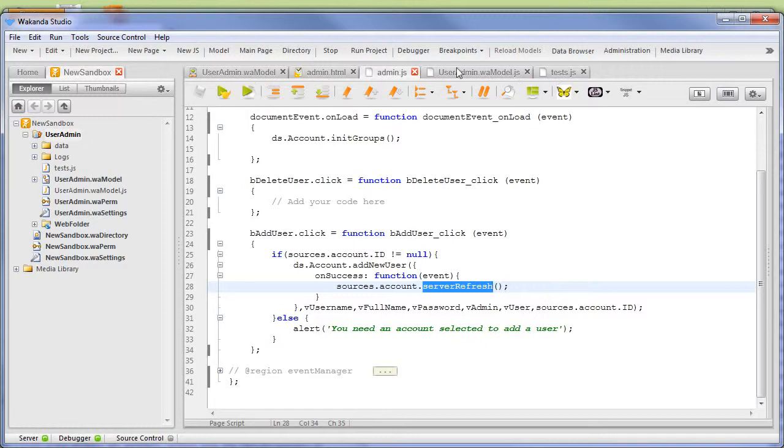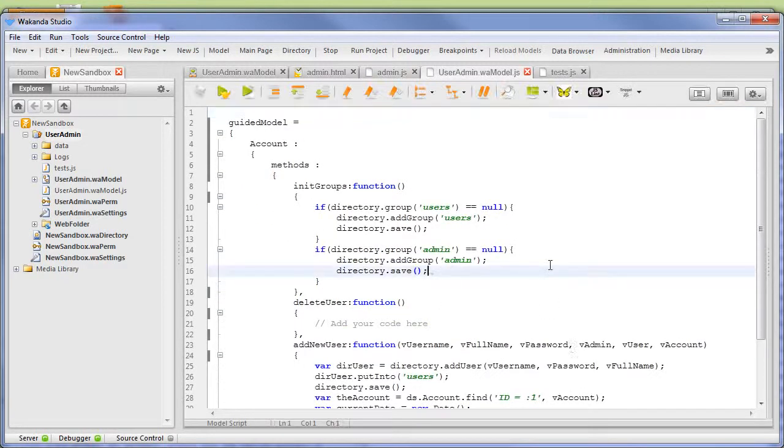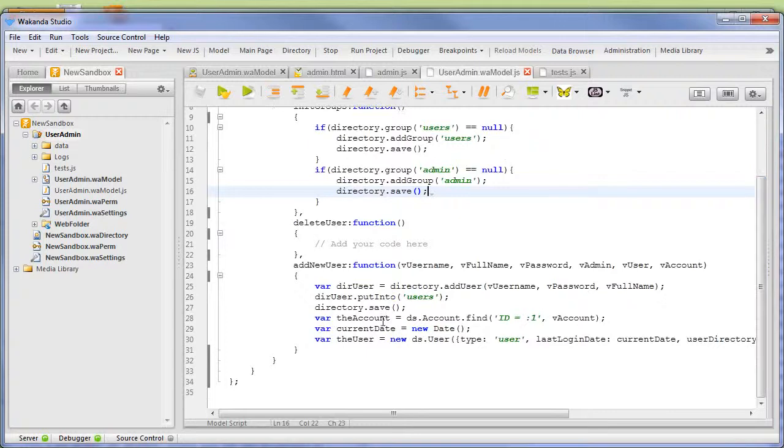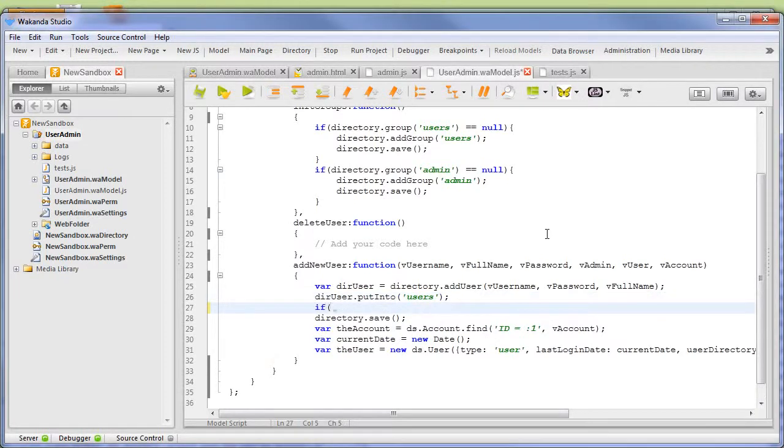in the model. So okay, we did the init groups. Now when we create a new user, we want to add these users to the appropriate groups. And that's pretty easy to do. We've got our user here. So if the user equals true,